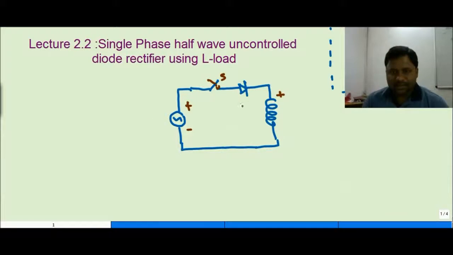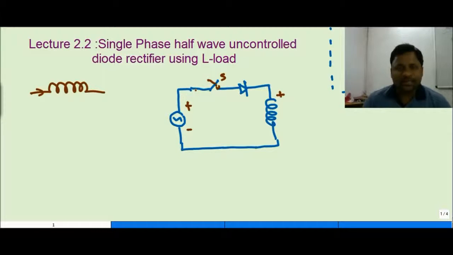So when the switch is on, the diode becomes conducting in nature, and the supply voltage is going towards the inductor, and the energy is going to be stored in the inductor. Before understanding this diode rectifier, we have to learn how the inductor behaves. We know that the inductor has a nature that it always tries to oppose the sudden change in the magnitude and direction of current in it.